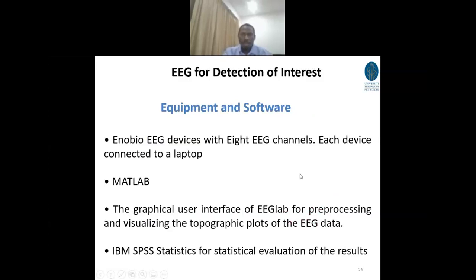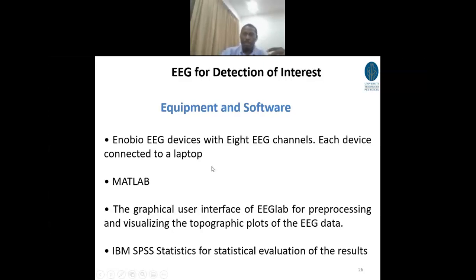Okay, now let's go to what we have done actually in our lab for this topic. So we're dealing with Inobio EEG devices. Maybe some of you are familiar with this. It has 8 channels, 8 EEG channels. So that means if you look at the cap, you just have 8 positions in the brain where you can collect the signals. And in a classroom setting,